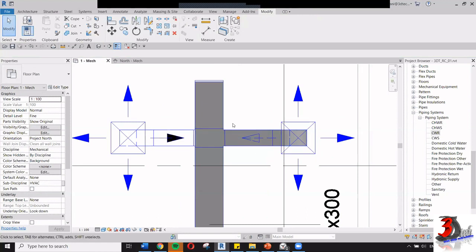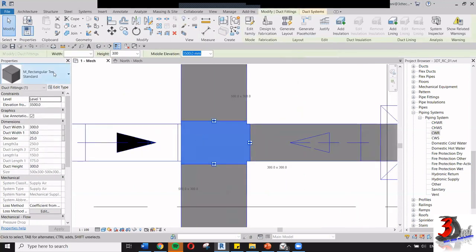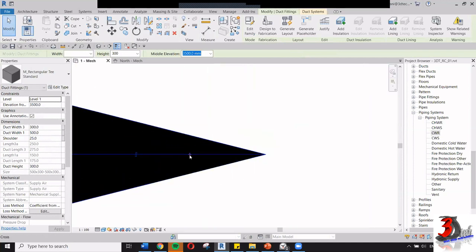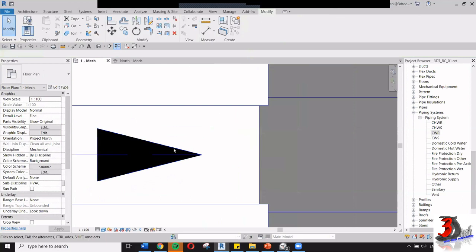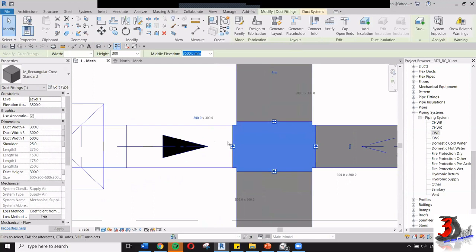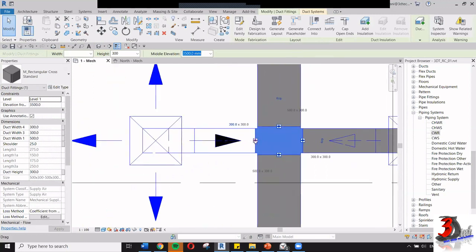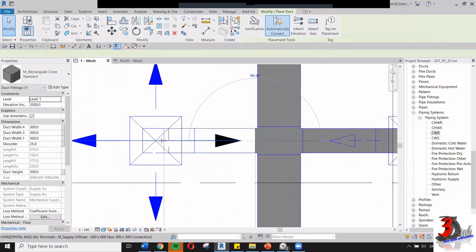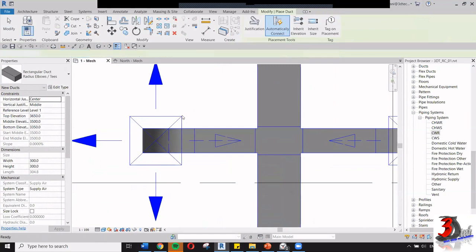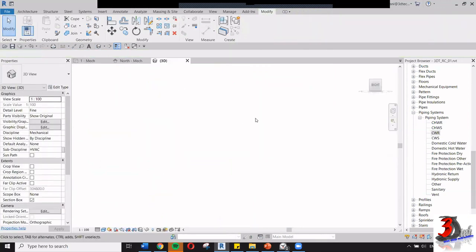And then here in the center, you can actually see Revit has provided you with a T. If you zoom in, you can see this plus sign. If you click on the plus sign, the fitting will be expanded. What you can do further is from here you can right click draw duct, and then you can see that you have the round symbol, and then you can just simply click on the air terminal. So if I look into it in the 3D view,